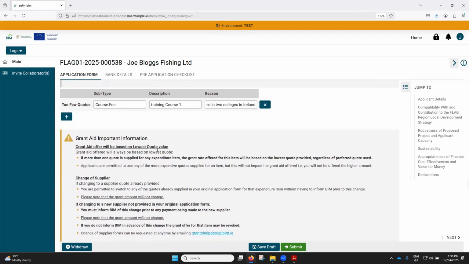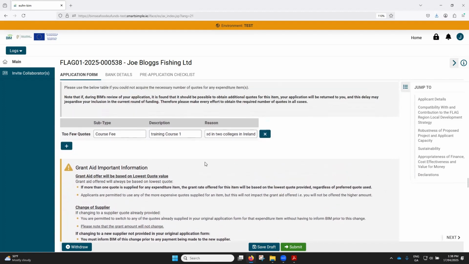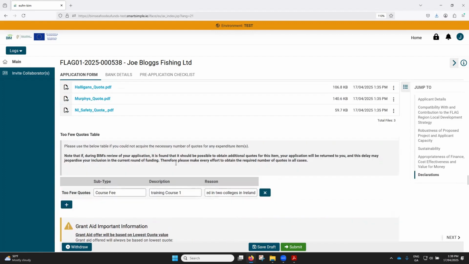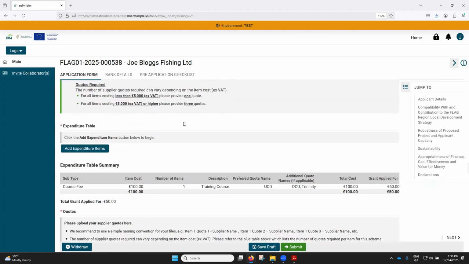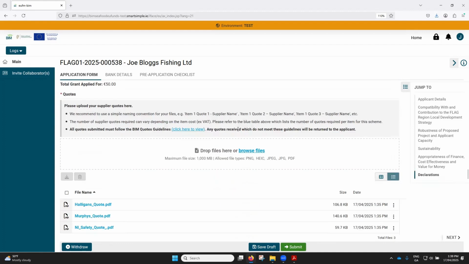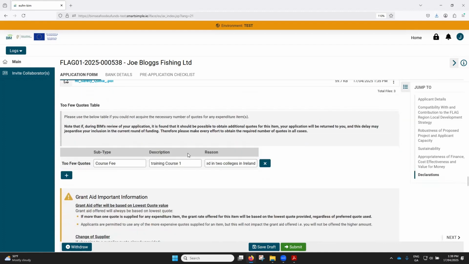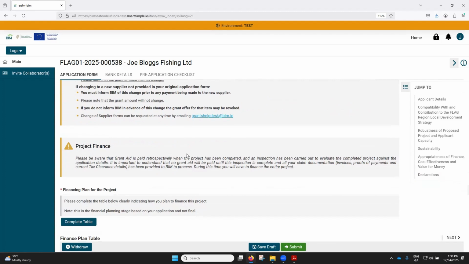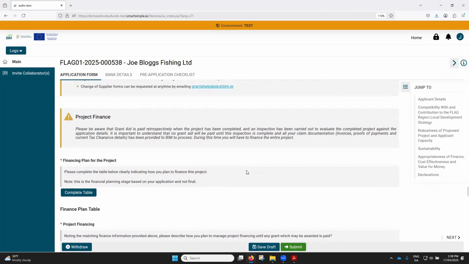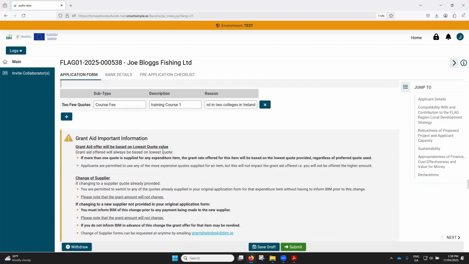What I will show now after this is how the blue economy applications will work as well. Okay, so that's the expenditure table completed if I was a training applicant. I will come back to a blue economy application in two minutes. Just while I'm at this, I'm going to continue on down because this form is actually a lot smaller when I'm doing it as a training applicant. Okay, so once I've completed